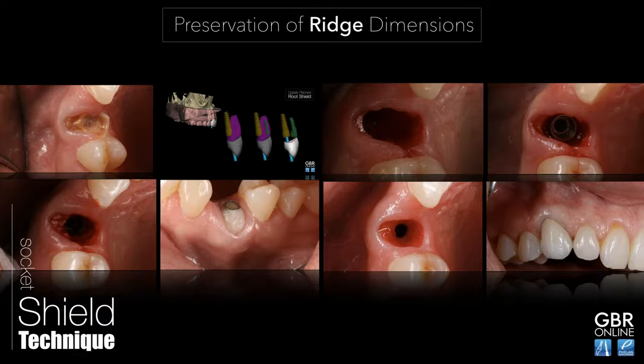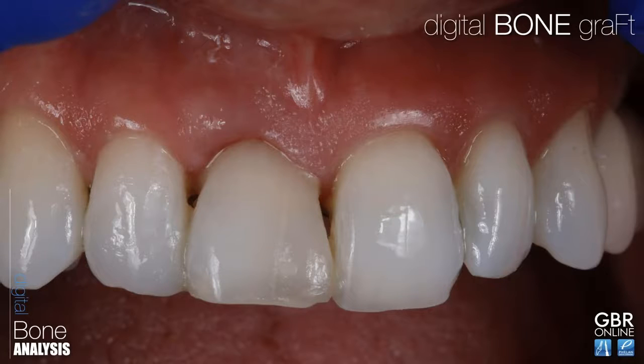So a lot of the work of this, or the precision of this case, comes from all that digital planning. So we'll go over a few other cases now. I'll touch on a few different types of cases, just to show different variations of how we